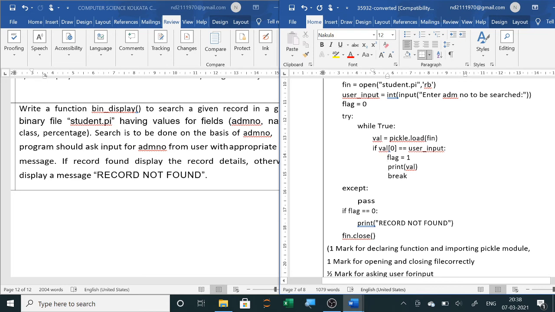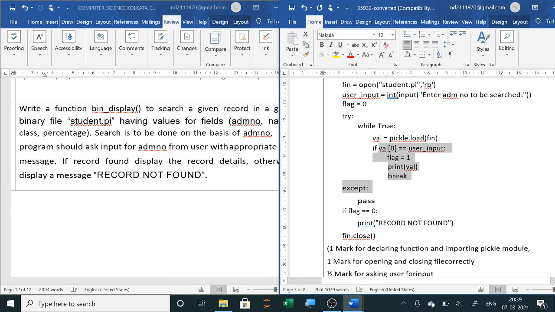After loading, we are checking using val[0], the first value, whether it equals the user input. Then we have found it, so flag equals 1. We are printing the value and coming out of it. In except, if there is no error, then it will run. Otherwise, we will pass. If flag equals 0, then it will print record not found.